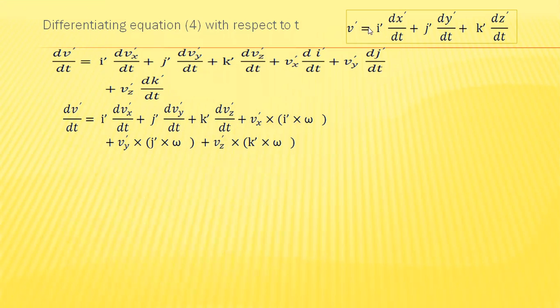Take the last three terms here. In the last three terms, we know that di dash by dt is equal to omega cross i dash, since v equals r omega. That's why I have to write here i dash cross omega, and here dj dash by dt becomes j dash cross omega. Here dk dash by dt is equal to k dash cross omega. Therefore, that equation